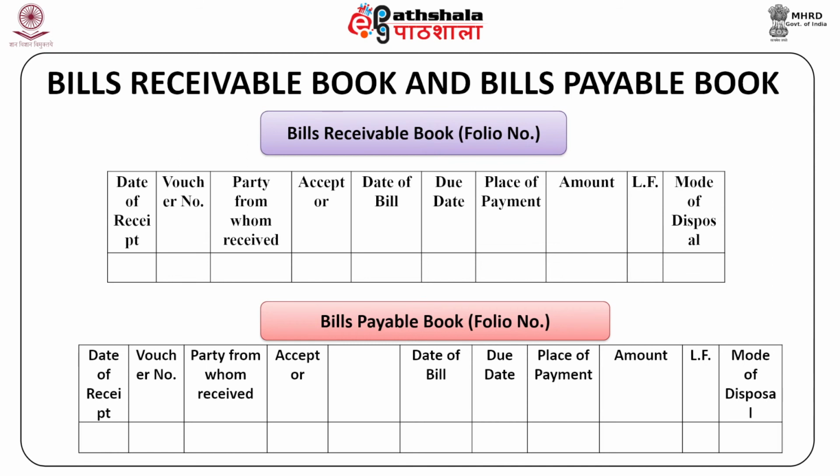When goods are sold or purchased on credit, the seller would like the purchaser to give his promise in writing in the form of a valuable instrument of credit. The written promise is either in the form of a bill of exchange or in the form of a promissory note. If a firm usually receives a number of these instruments, then it would be convenient to maintain separate books for bills receivable and bills payable, called the bills receivable book and bills payable book.